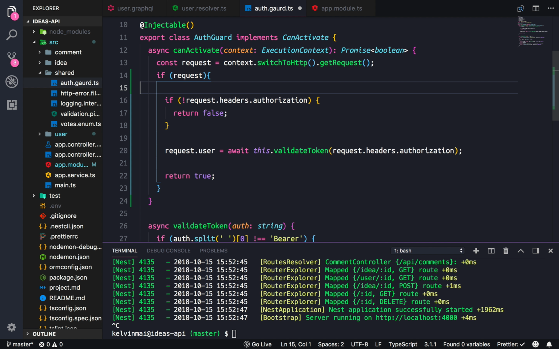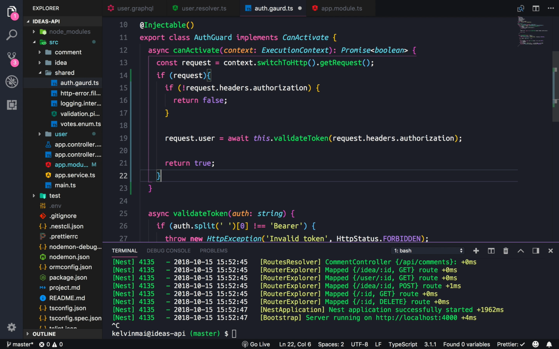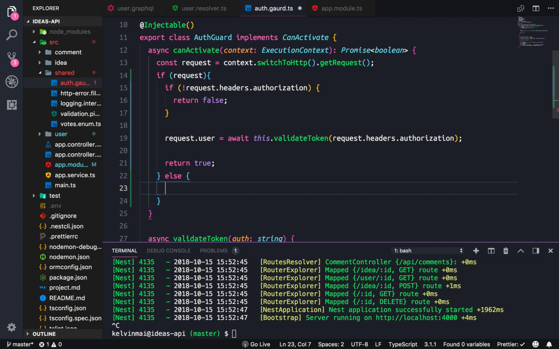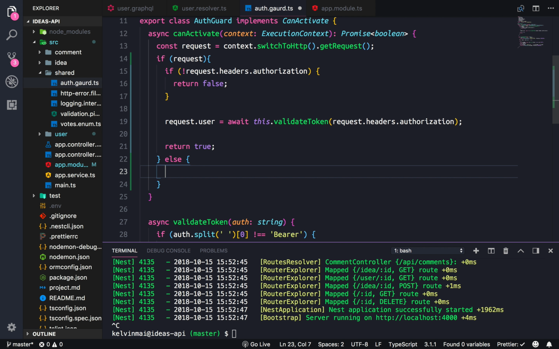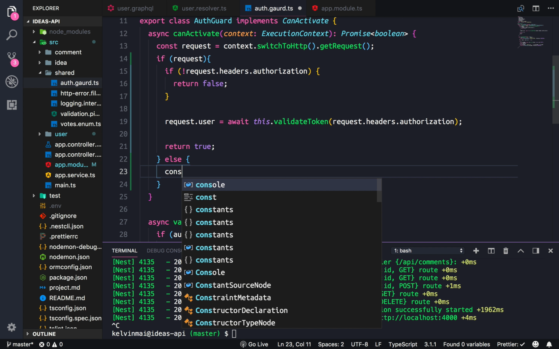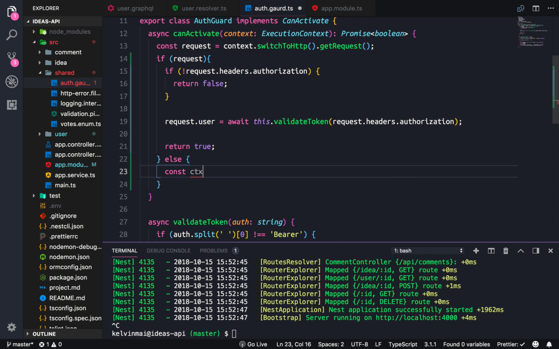So put that in there. Else, we're going to assume the else clause is going to be GraphQL. We might have to change this later if we have another server type in here, but I think that'll be good for now. So I'm just going to do const ctx for context,